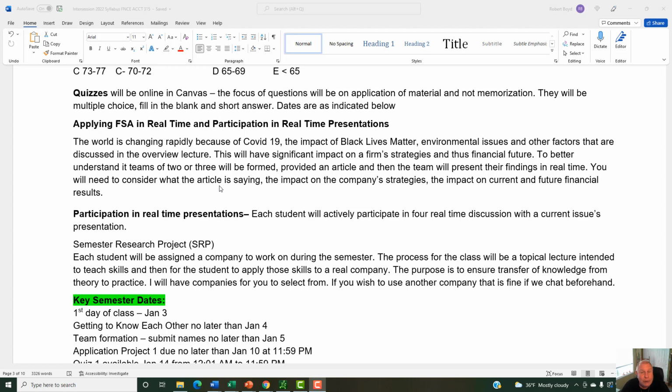The methodology that we'll use is you select 1 or 2 other people that you will work with on a team. I'll provide you with an article. You look at it, and you then will do a presentation, and we'll have a discussion. You need to participate, you do your own, and then you need to participate in real-time discussion. Now, if you've already taken a class with me, you know these aren't your everyday presentations, that they're interactive. It's not you get up and talk and then we clap and that's it. No, we're going to have a dialogue as we go.